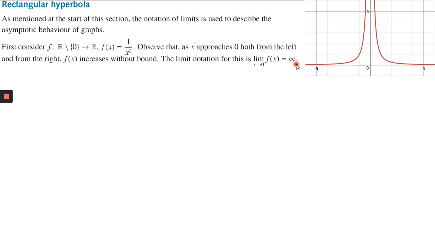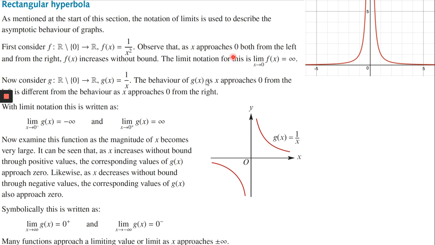x approaches 0, it approaches infinity. And if we do it from this side, as x approaches 0 from the positive side, it approaches infinity. As it approaches from the negative side, it still approaches infinity. So when we look at the rectangular hyperbola though, so that's your truncus, so that's just your 1 over x,